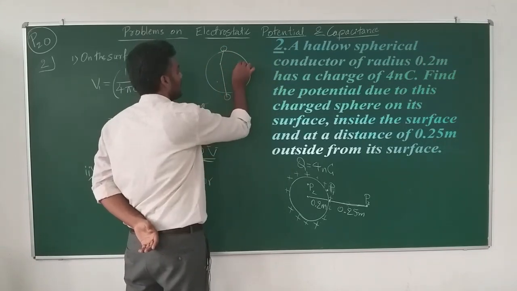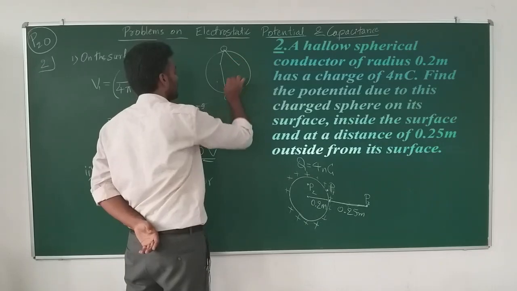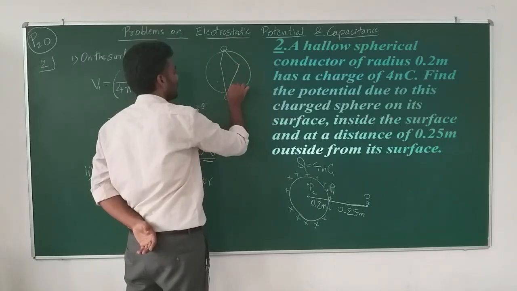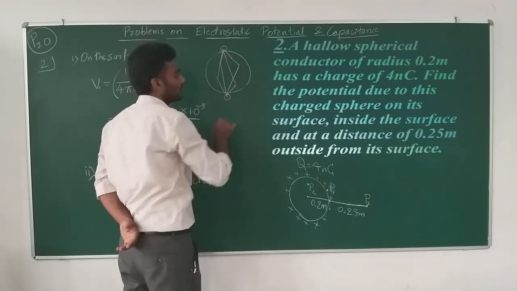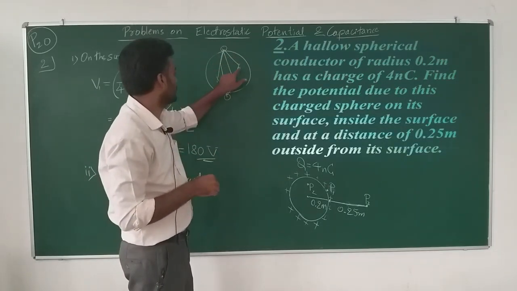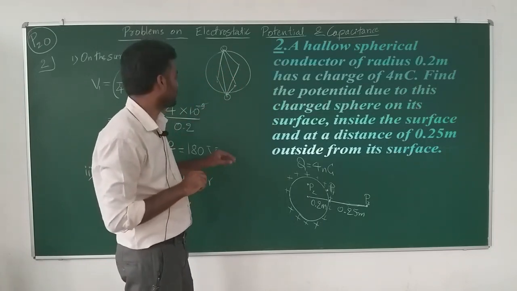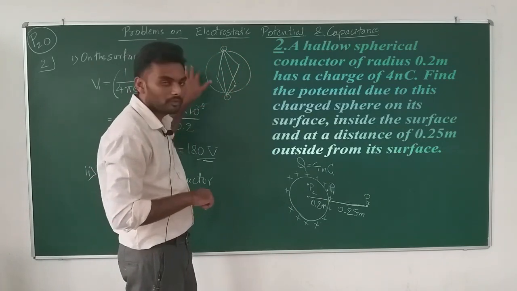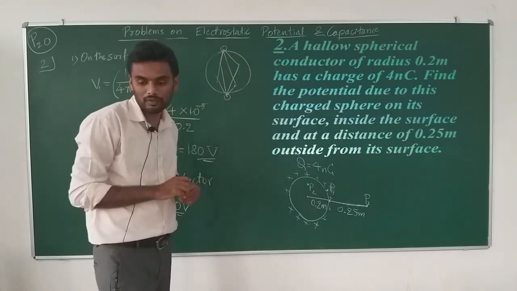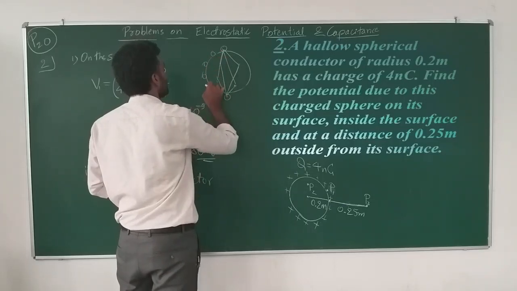Okay. And similarly at this point, potential due to this charge and due to this charge. Similarly at this point, this charge, this charge, this charge, this charge. You will get certain potentials, right? V1, V2, V3, V4. You might get different potentials. But when the charges are distributed uniformly throughout the surface, okay? When the charges are distributed uniformly throughout the surface,